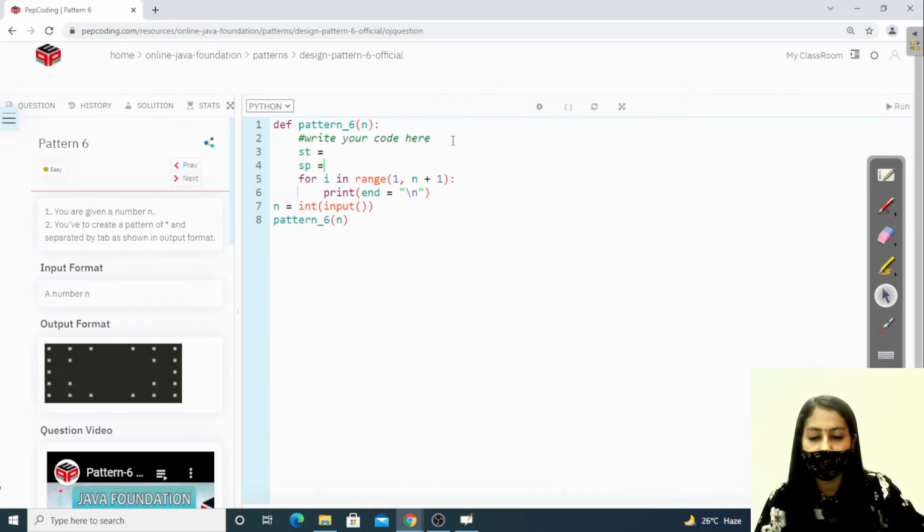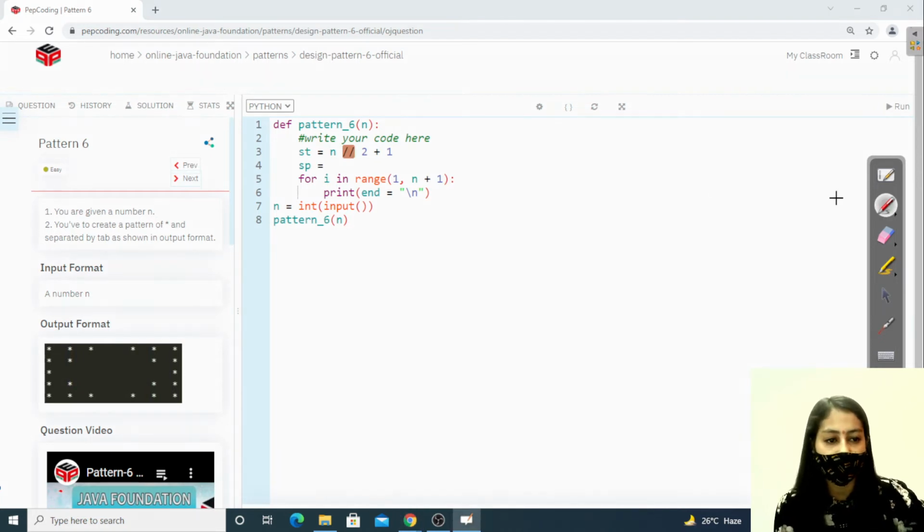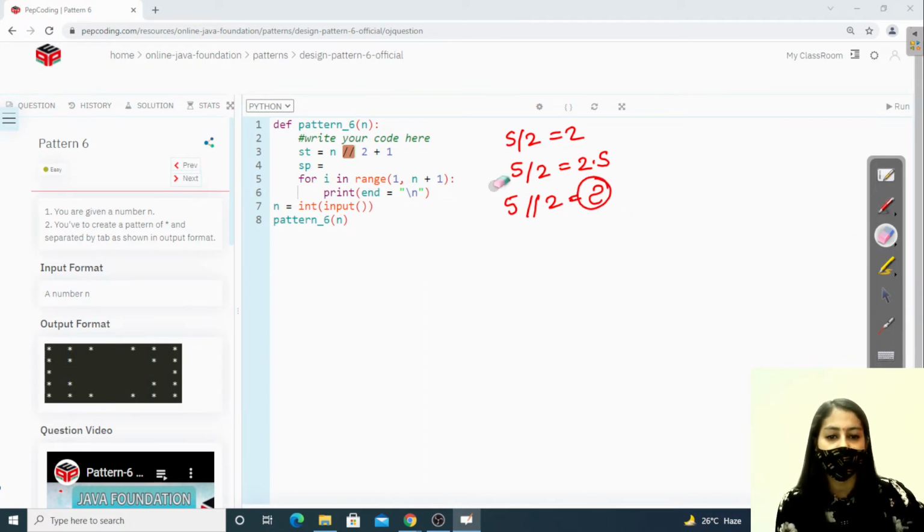So we have to initialize them. The number of stars in the first row we have initialized with n by 2 plus 1. Again we are using this symbol because we want the integer result, right? We want 5 by 2 as 2. If I write it like this, it will give me 2.5. So in Python I have to write this symbol in order to get the integer result, right?